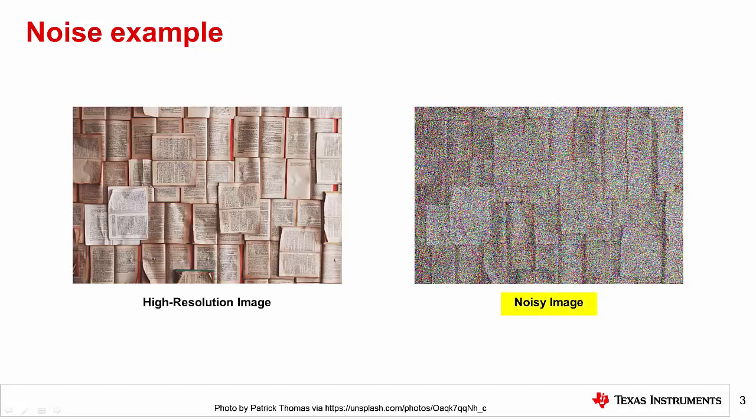Compare that to the same image shown on the right, which is a much noisier and therefore lower resolution version. Note how the fine details of the high resolution image are lost in the noisy image, and the subject matter is almost unrecognizable. Likewise, in data acquisition systems, noise can make it very difficult to measure the finer details of our signals of interest, reducing both the precision and the accuracy of the system. Let's now provide a definition for noise and further explore why it's important for data acquisition systems.